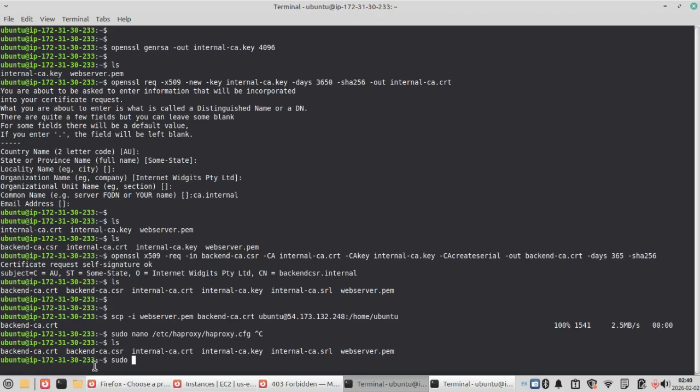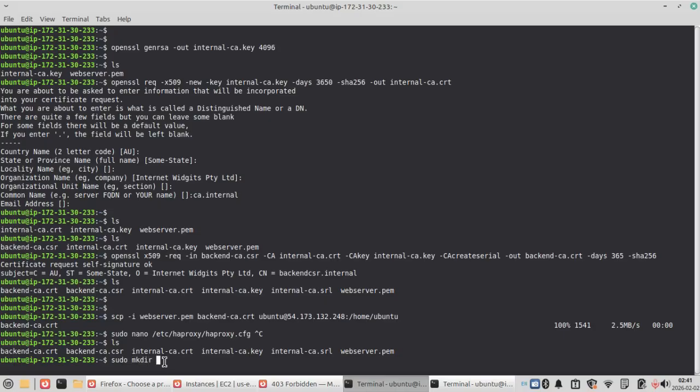We are going to copy these two, the CRT and the key, or maybe just the CRT, because the CRT is what we use to sign certificates for other servers. So I'm going to copy just the CRT, the certificate, to